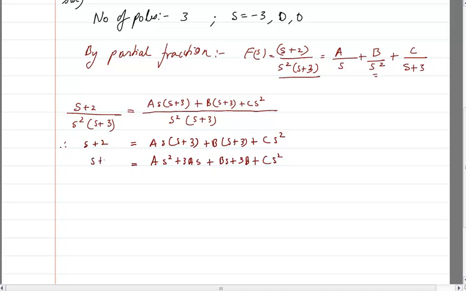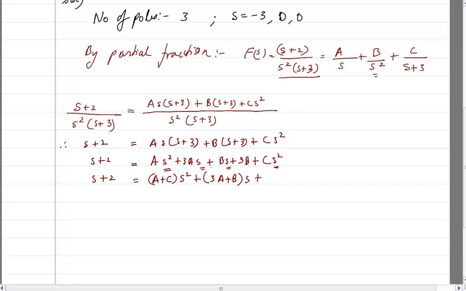Okay, that is s plus 2. Now s plus 2 is equal to, now I will group all the power terms together. For example, s square and another s square is here, so I will write a plus c into s square. After s square it is s, so this is s, this is s, so I will write 3a plus b into s